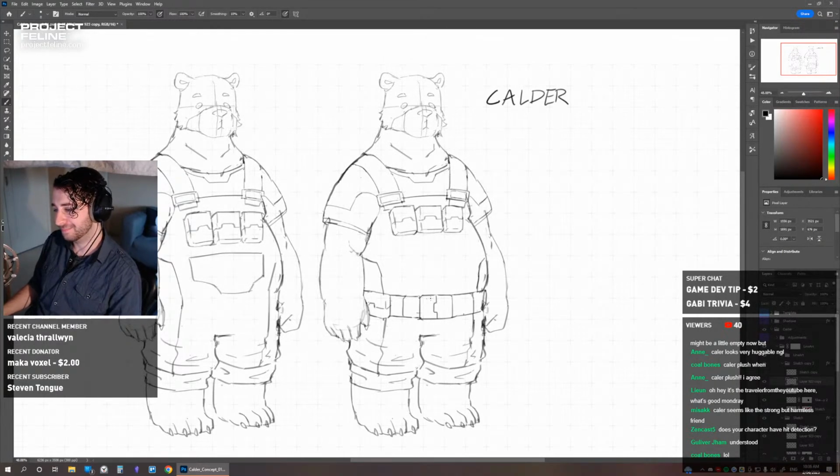It's just this middle bit. I don't know if I should just leave it empty or have some kind of detail. I'm just gonna try and draw stuff and see if there's anything that sticks out to me. I was thinking maybe putting stripes, but I don't know.